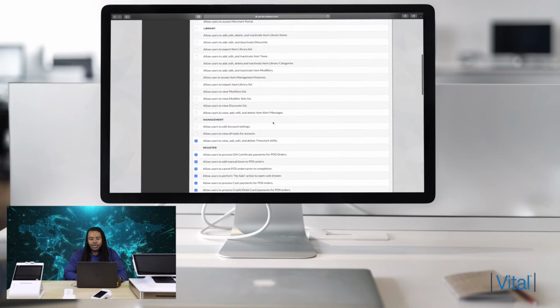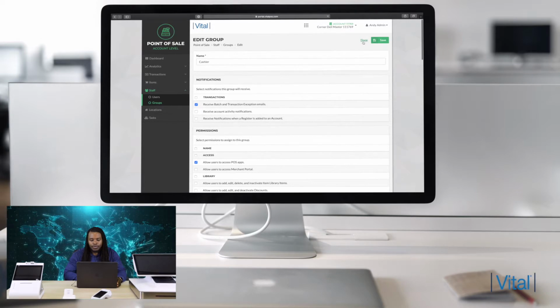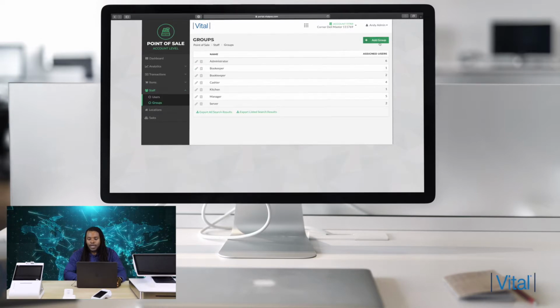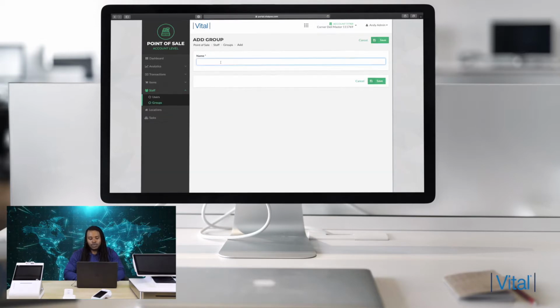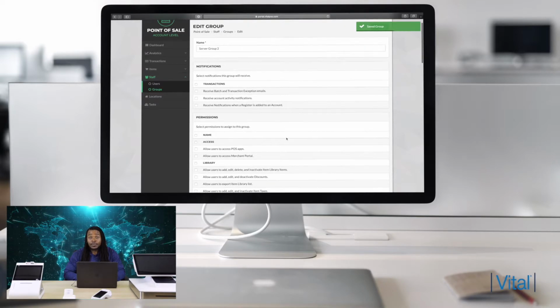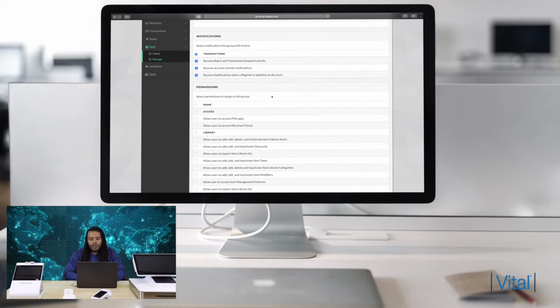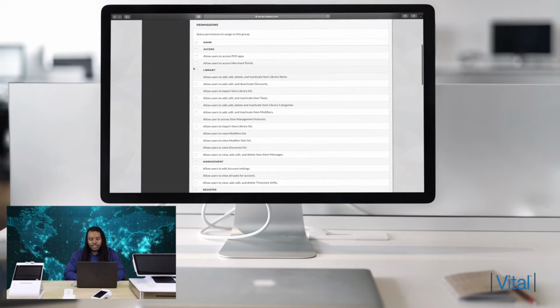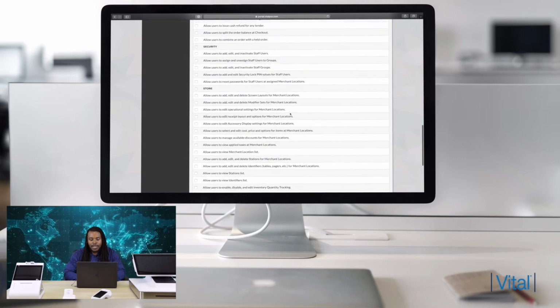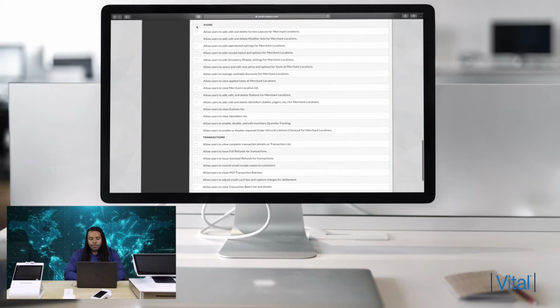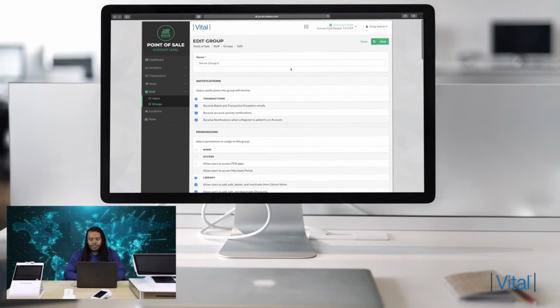Let's go ahead and create a new group. So in the upper right-hand corner here, we're going to select Add Group. The required field is to name that group, save it, and then next up, we'll have our permissions. So we'll select a couple of permissions here. Maybe I want them to have all the permissions for transactions, allow them to access my item library, and give them some store permissions. Next up, we'll save